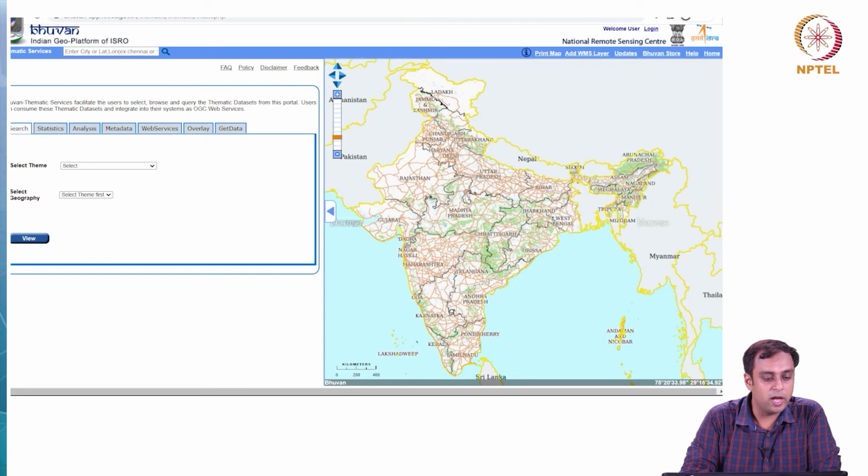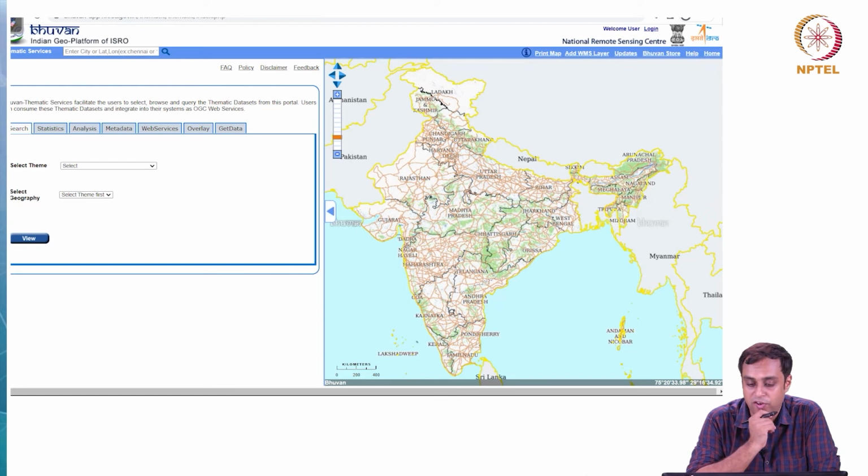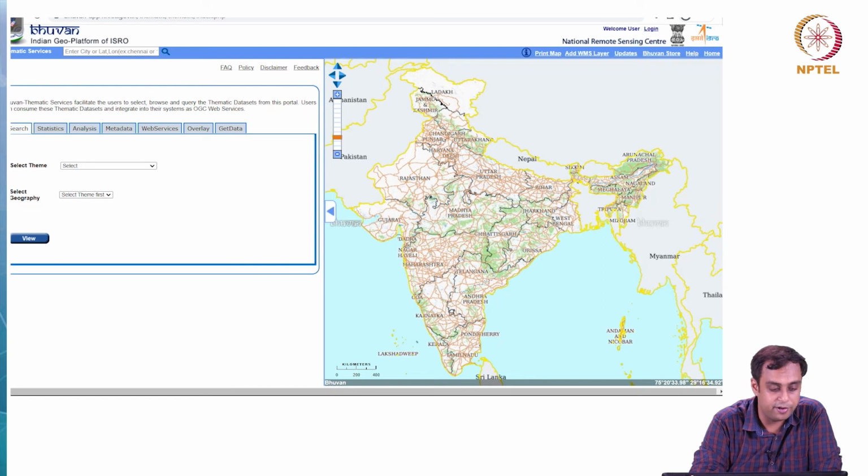So, we are looking at, on your screen, the Bhuvan land use land cover data set, the URL of which I pointed out to you on the slide. Here, what you see on the right is a map of India. We see a layer overlaid here, which is the national highways, in brown lines, in a vector format. And then we have these state names within India, and outside India we have different countries which are also delineated here.